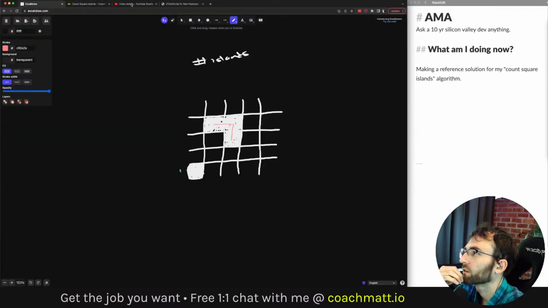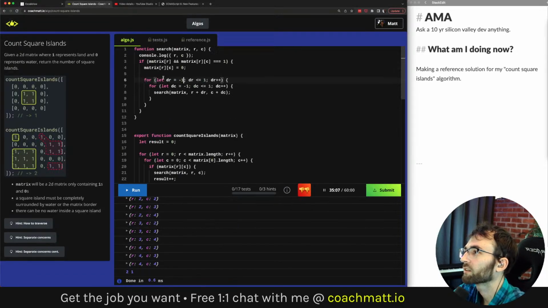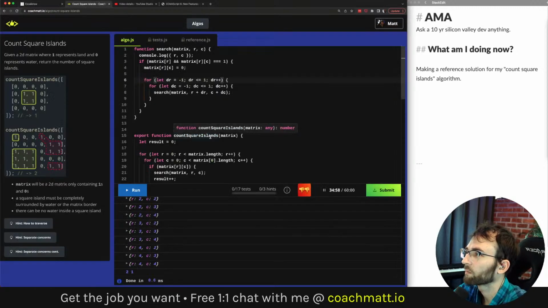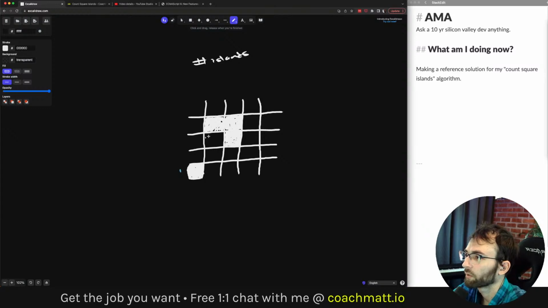So if we go back here and think about finding the number of square islands, let's look at this again. What I want to do is modify the solution that we have without going back to square one. We do have an algorithm that will find the number of islands, and what we want to do is find the number of square islands. So maybe let's have a slightly different test case here. Let's actually have a square island here.